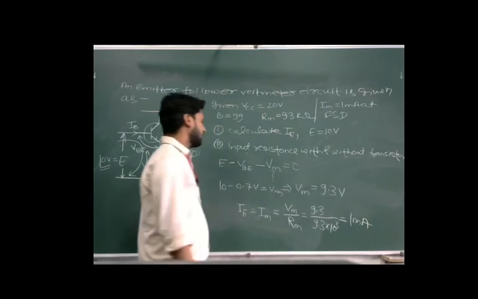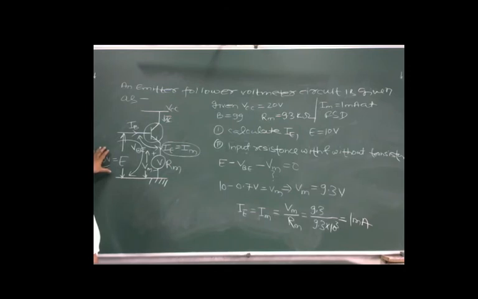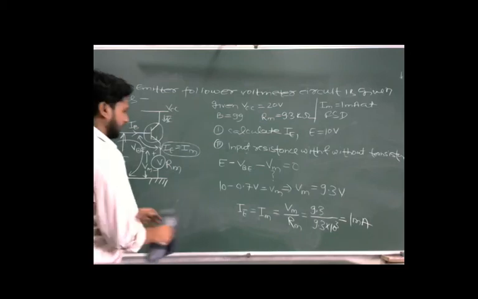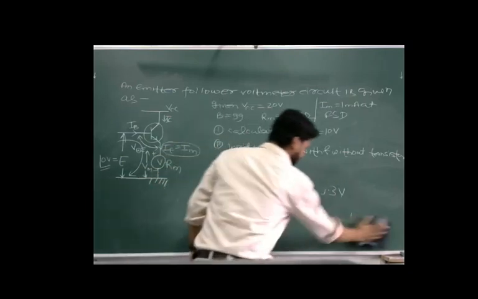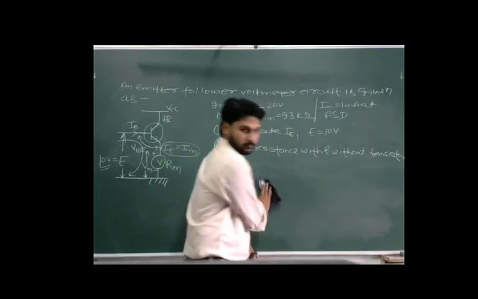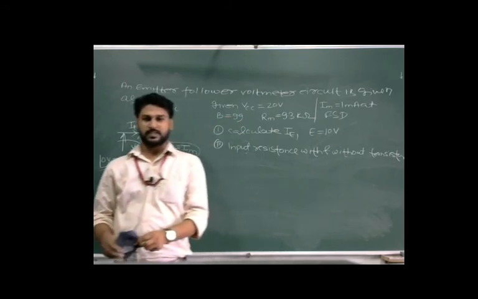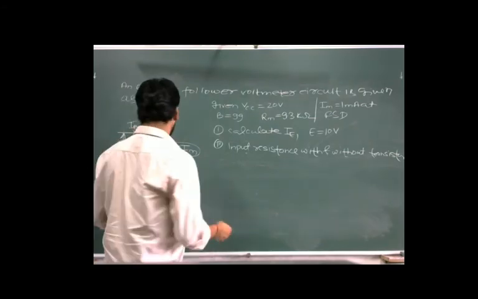The second question is, we have to calculate the input impedance when this transistor is connected across the voltmeter and when this transistor is not connected across the voltmeter. So first we will calculate when the transistor is connected across the voltmeter,